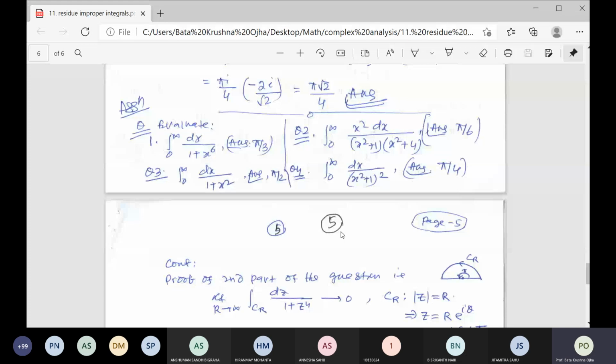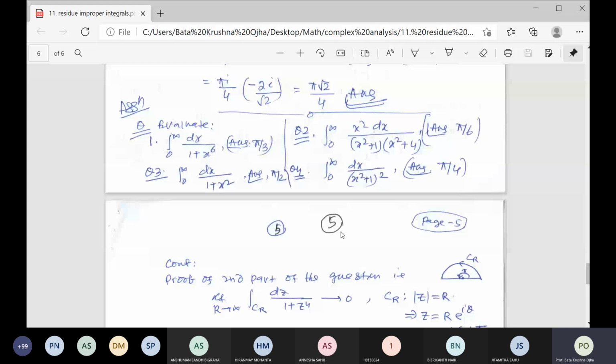So this question you can solve without using the Cauchy theorem. We can solve it. x square plus 1 is equal to 0, so x is equal to plus minus i, or z is equal to plus minus i. Minus i belongs to the lower half of the z plane, that is below the first quadrant. Only i is in the upper plane. i is a pole of order 2.